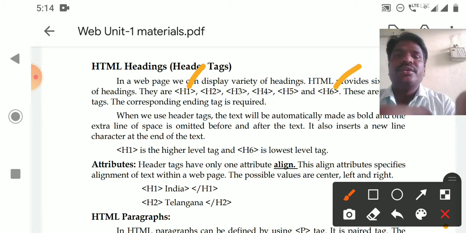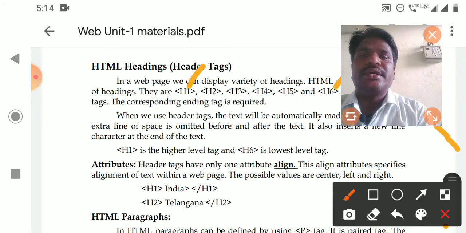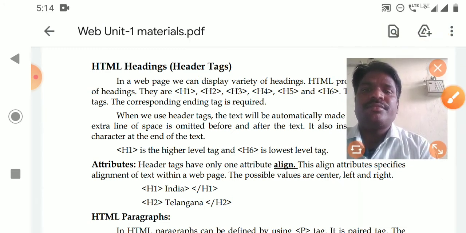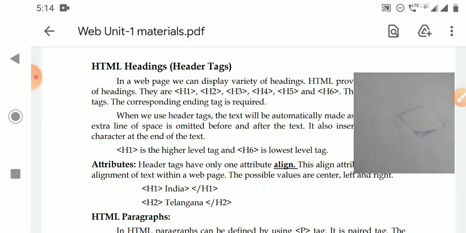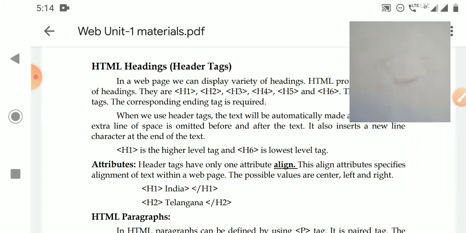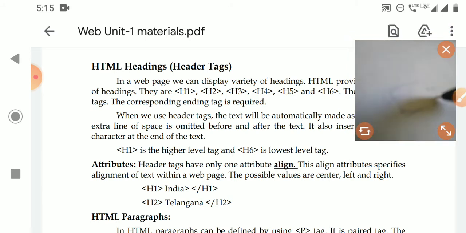So for example, see, it is a web page. In this web page, where you have to display the heading, either in the left side, or right side, or center, where you have to display. So that is alignment of the heading within the browser window.